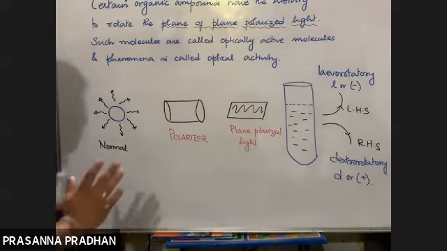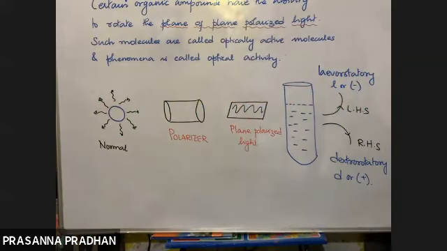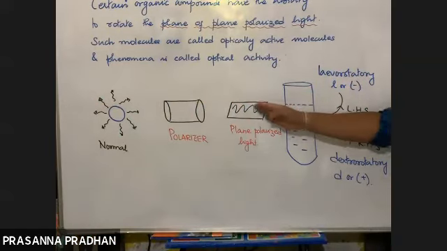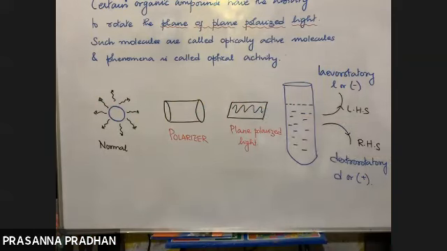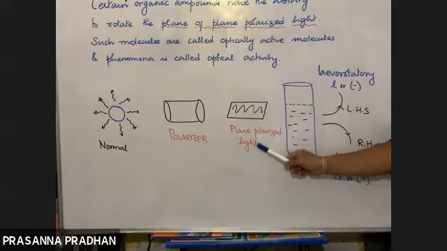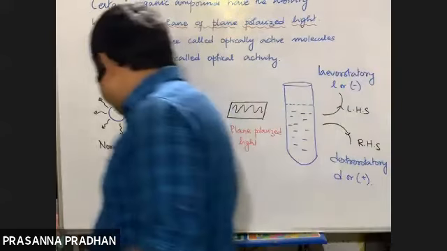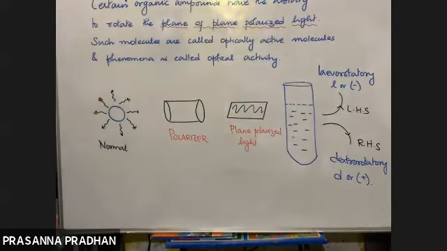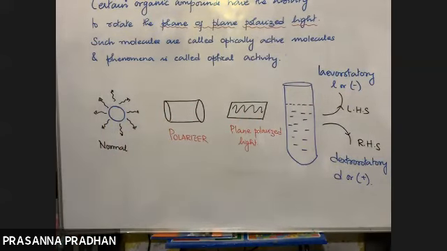Now, is it understood what plane polarized light is? Yes. What are optically active molecules? Optically active molecules are those molecules which have the ability to rotate the plane of plane polarized light. Those which rotate the plane polarized light towards the right hand side are known as dextrorotatory, while those which rotate towards the left hand side are known as levorotatory compounds. So optically active molecules rotate the plane polarized light towards the left hand side or towards the right hand side.